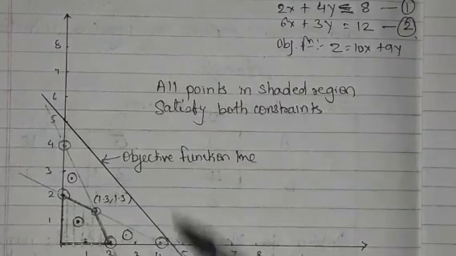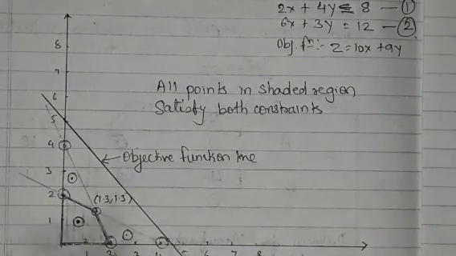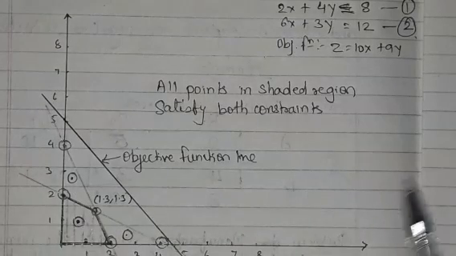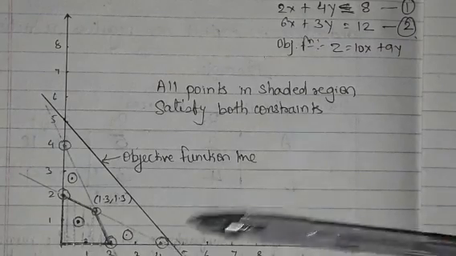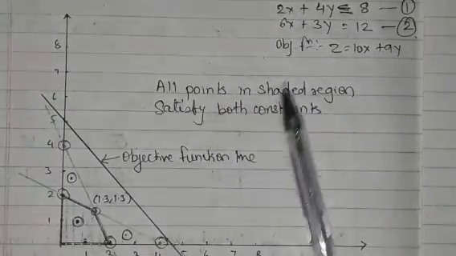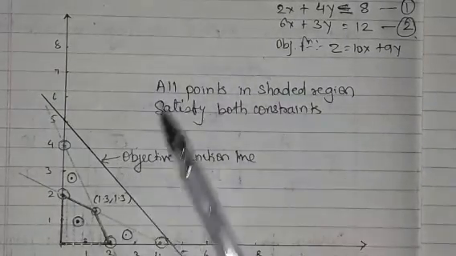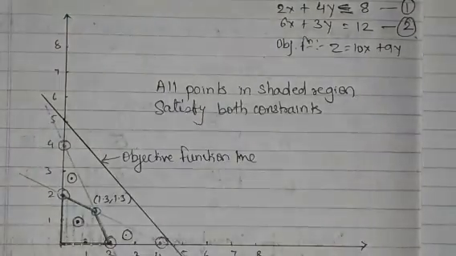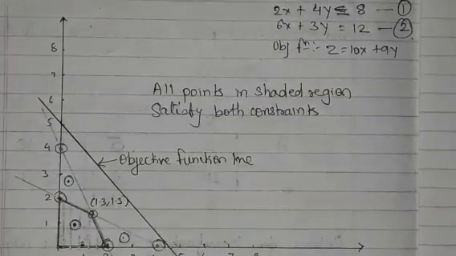What I need to do is draw the x and y axes, and I'll be drawing only the positive first quadrant, because I've already told you that I am taking the non-negative constraint, meaning x and y are both greater than 0. So if x is greater than 0, this, and y is greater than 0, this. So ultimately I get the first quadrant, because everything is positive; x and y are both greater than 0.